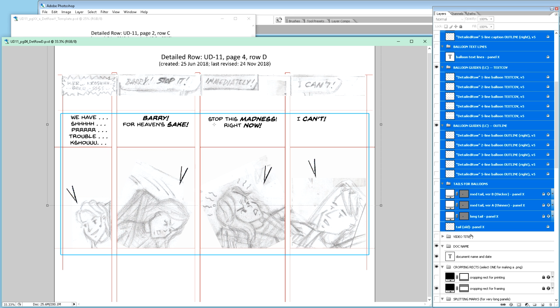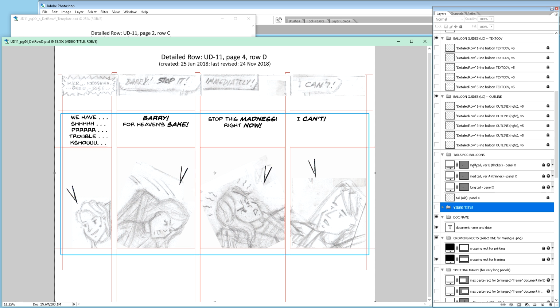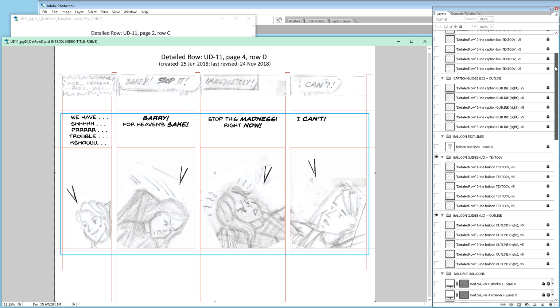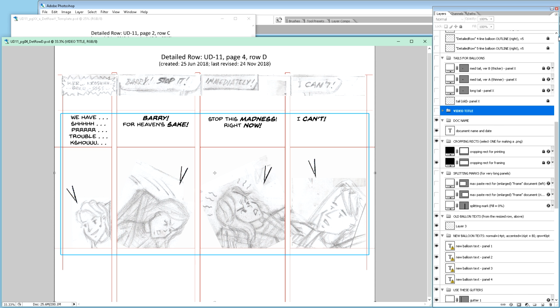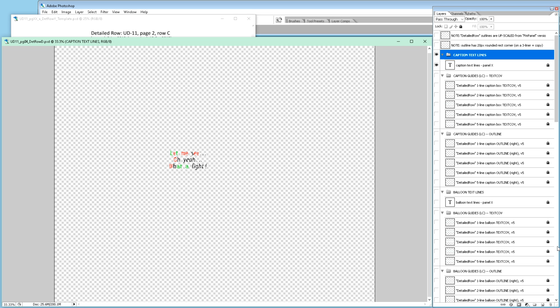selected, so I had the selection there, I think, and then everything went above that. Alright, so that's one thing, then one adjustment I needed to do. So up here then, at the very top, I have all these folders. So here's the caption text lines and the examples. So a caption text line, okay, maybe